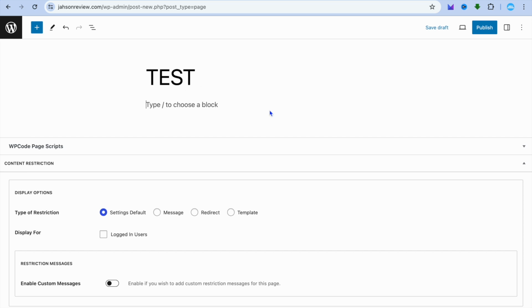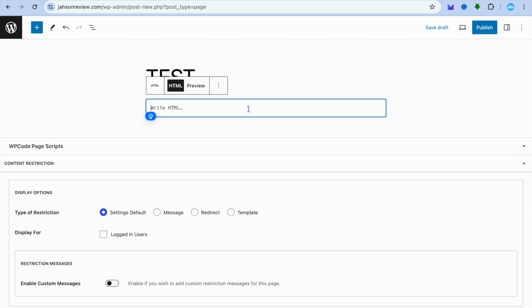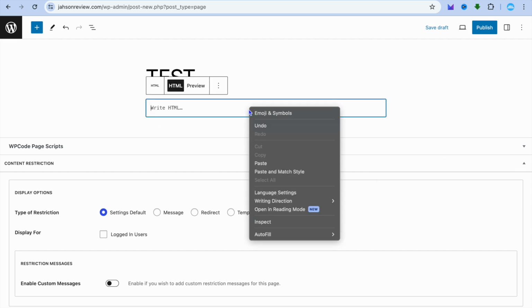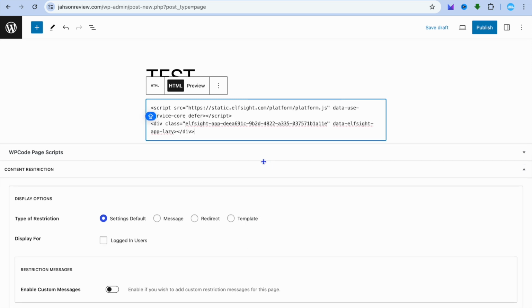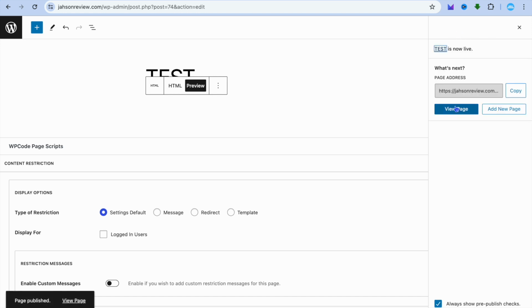Then you're going to tap right where you see choose a block. After doing that, you can tap on custom HTML, and you're going to paste it in. After you have pasted it in, if we were to tap on preview, you can see that it is blank. Once you are finished creating it, if we were to tap on publish, for example's sake,